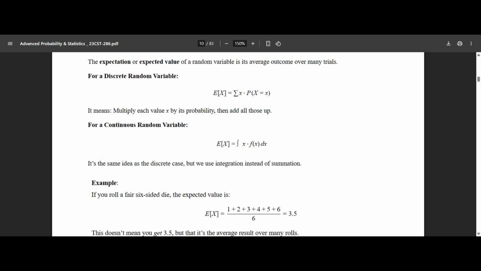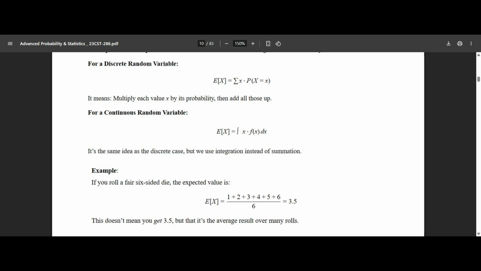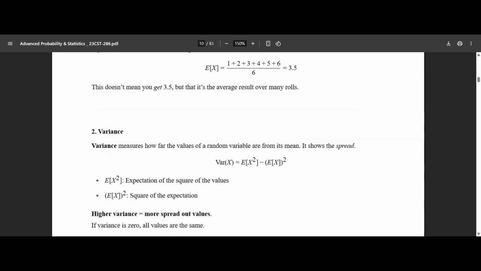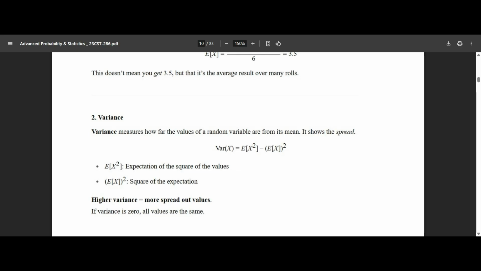E of y equal to summation of y into p of y। So expectation of x squared is summation of y, मतलब summation या integration of x square। Okay, so इधर E of जो भी bracket में हो, you have to summate or integrate that particular question or function। So E of x square मतलब भी वही है, that is integration if it is a continuous or summation if it is a discrete of x squared into px or fx माइनस ई ऑफ एक्स होल स्क्वायर। तो ई ऑफ एक्स आपको पहले ही निकालना पड़ेगा।